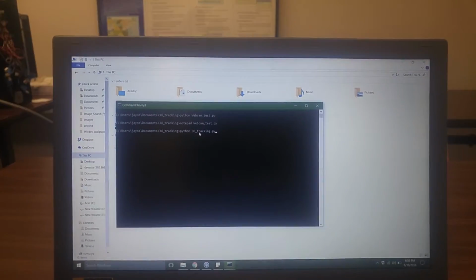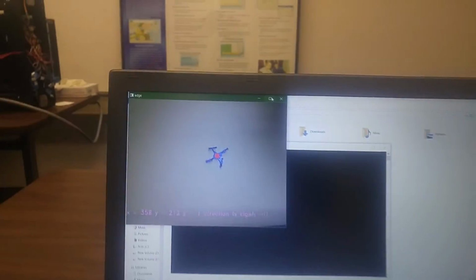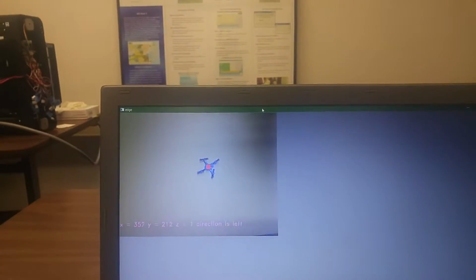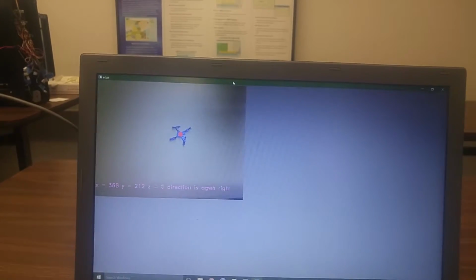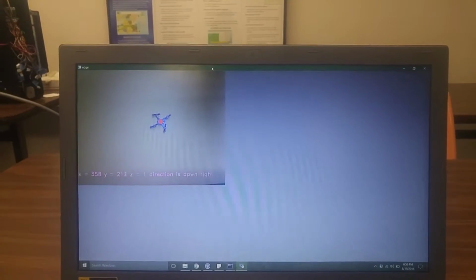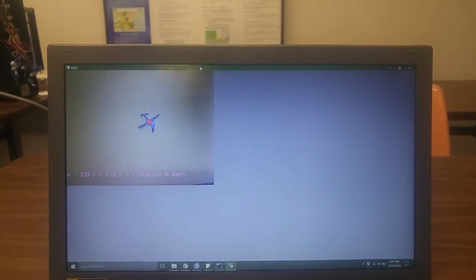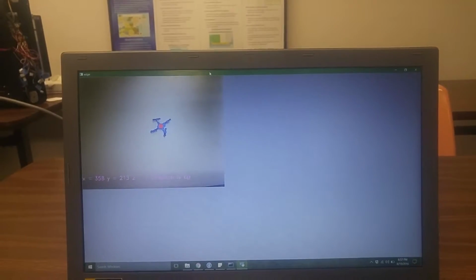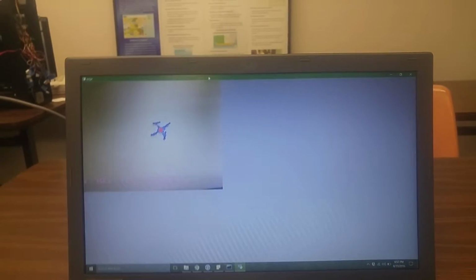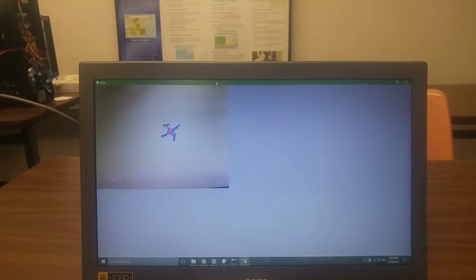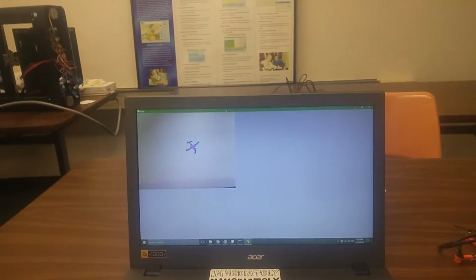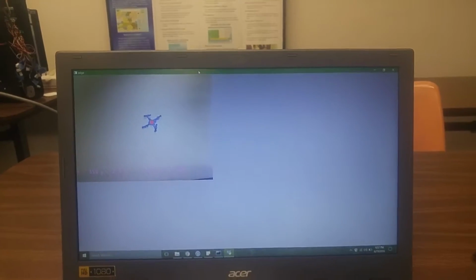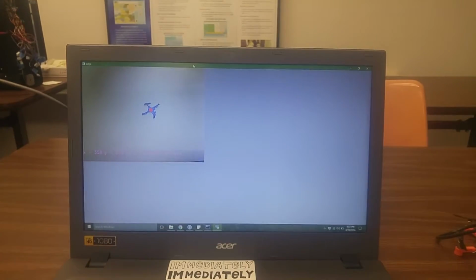Now we'll go ahead and run the main code which is used to track the drone. Now, as you can see, a new interface comes up on the screen as soon as you hit the command. The commands, etc., have been given in the README in much detail. All you have to do is download all these files and just run these commands directly on the command prompt as soon as all the prerequisites have been installed.